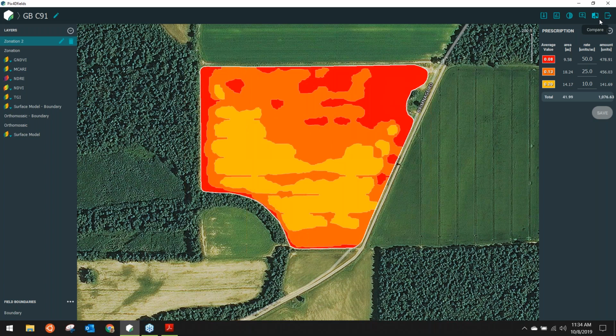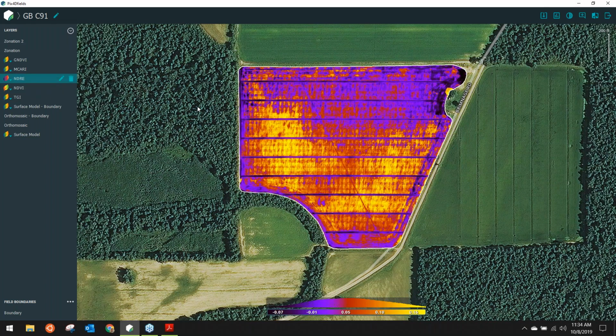You can bring in the shape file, process it, and clip it to the boundaries, because we don't want to analyze the road versus the plant. We just want to analyze the plant material. So